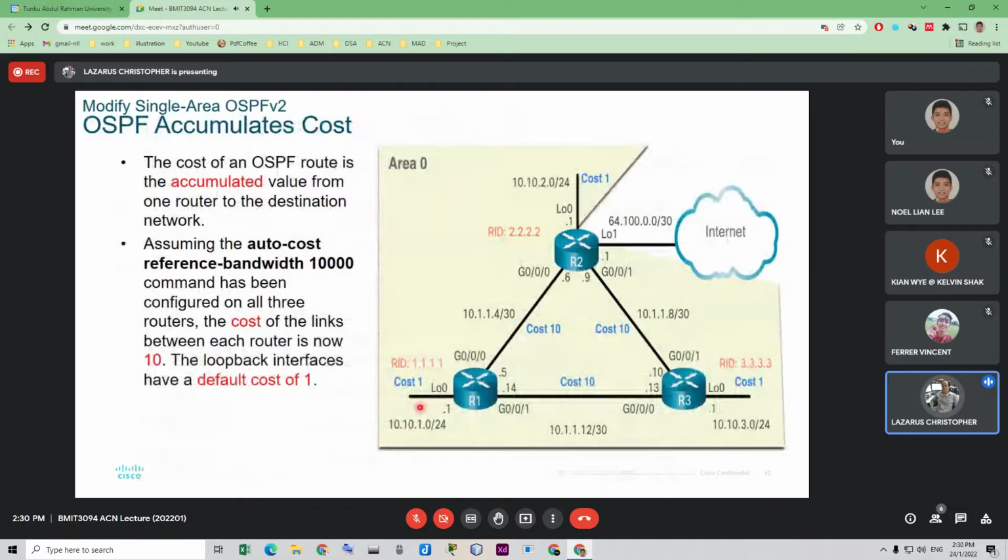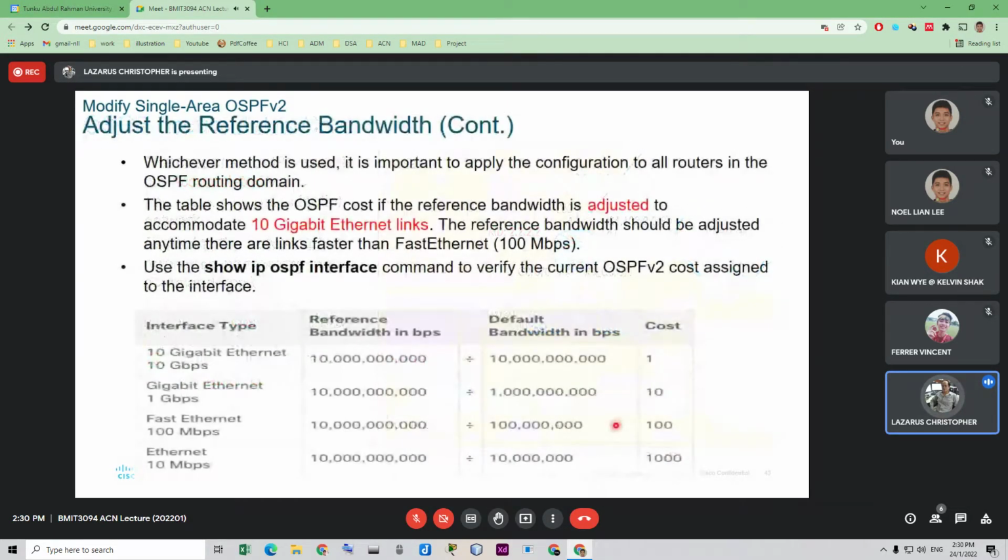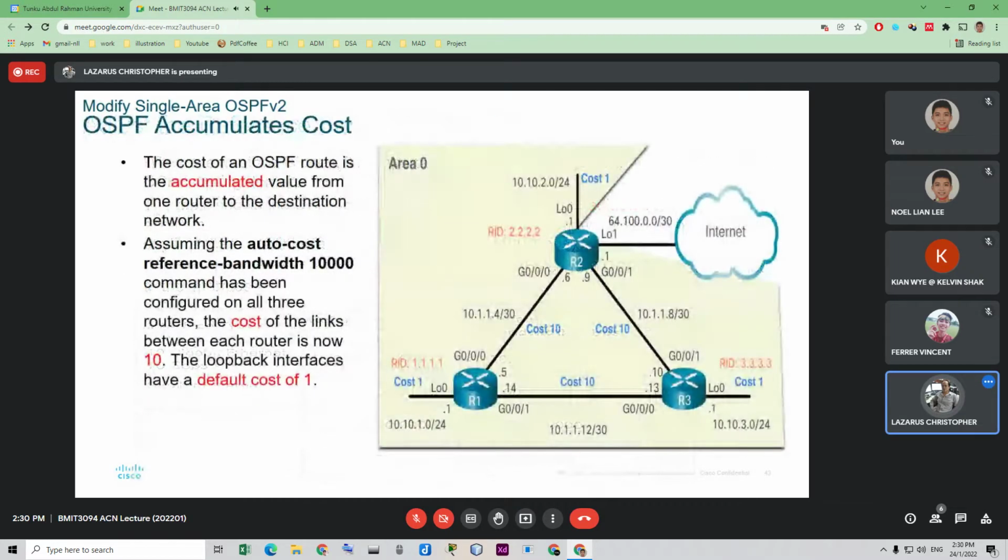And we have here cost one means that is 10 gigabits Ethernet. Yeah. But that is actually fake because it's,